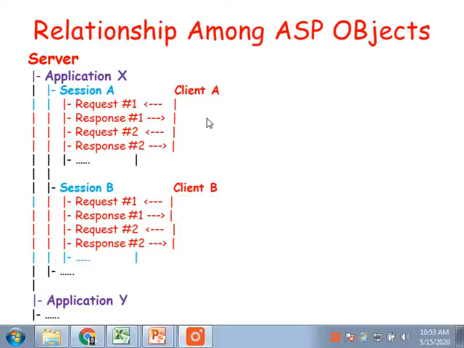When the client requires any files, it may request the server to collect that file. There the request object invokes. Sometimes the server may send cookies to the client to collect information about the client system. There also the request object invokes. If the information is asked by the client, then the server provides the information, and there the response object invokes.